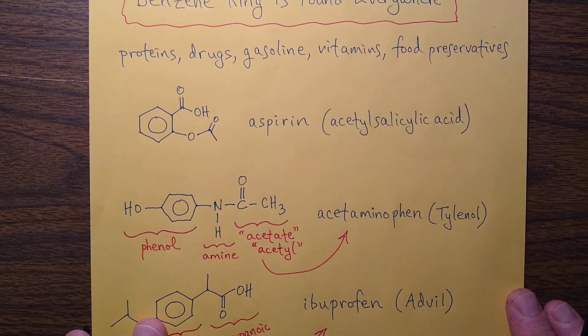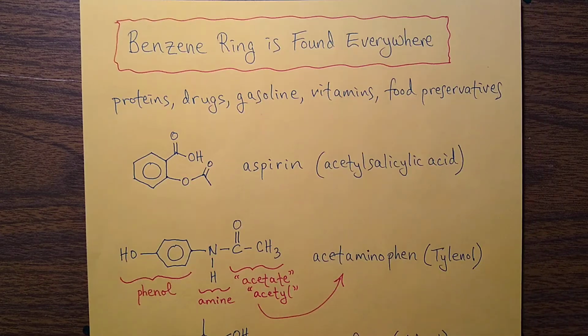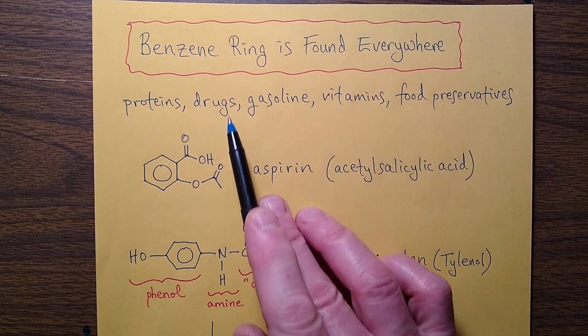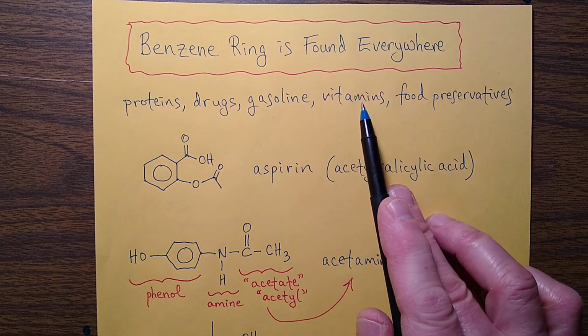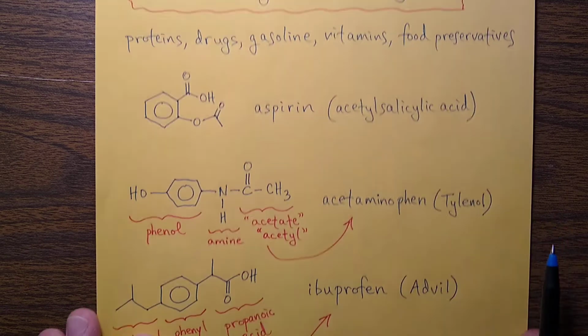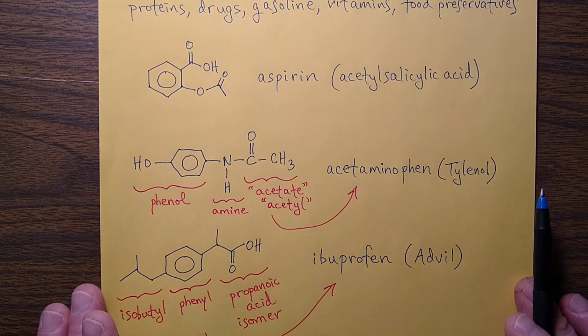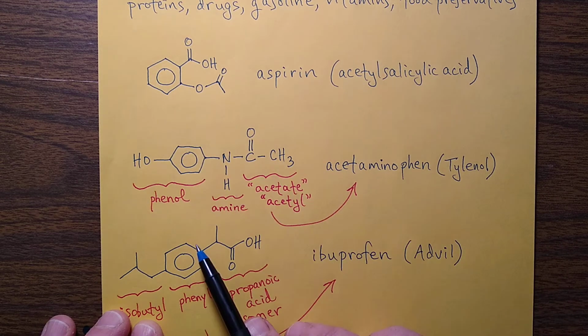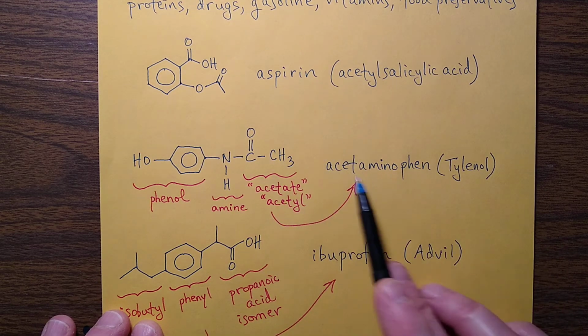And when benzene rings are found attached in other parts of larger molecules, they're actually useful. They're beneficial to us. They're found in proteins and in drugs and gasoline. Vitamins even have benzene rings in them. Food preservatives. Three of the very common drugs you've probably used or heard of contain the benzene ring: aspirin, acetaminophen,